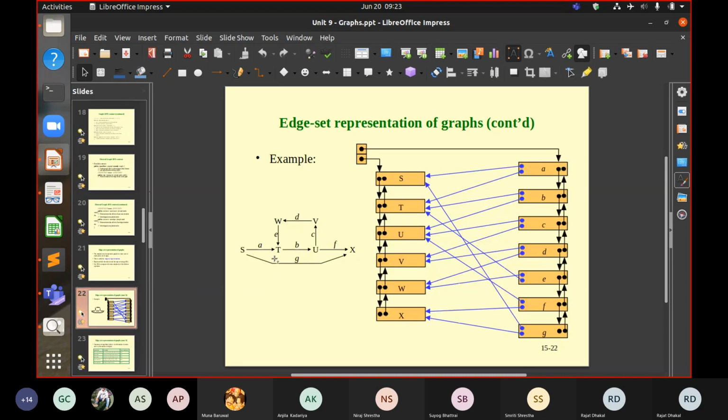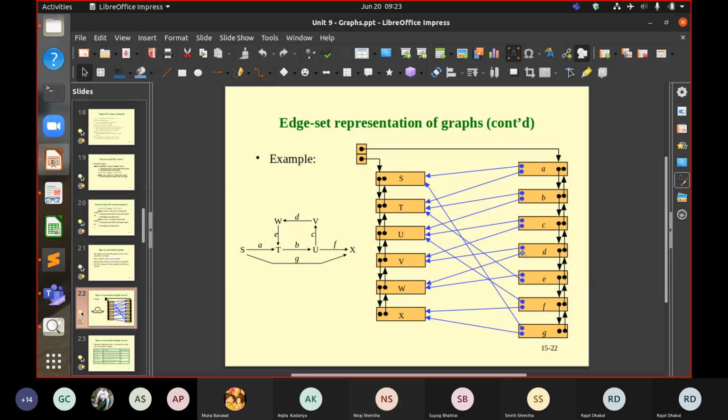Let's say we need to delete W. If we remove this W, then we need to first remove this, and then we also need to take care of the edges, as Angela said, the successor and predecessor, right?